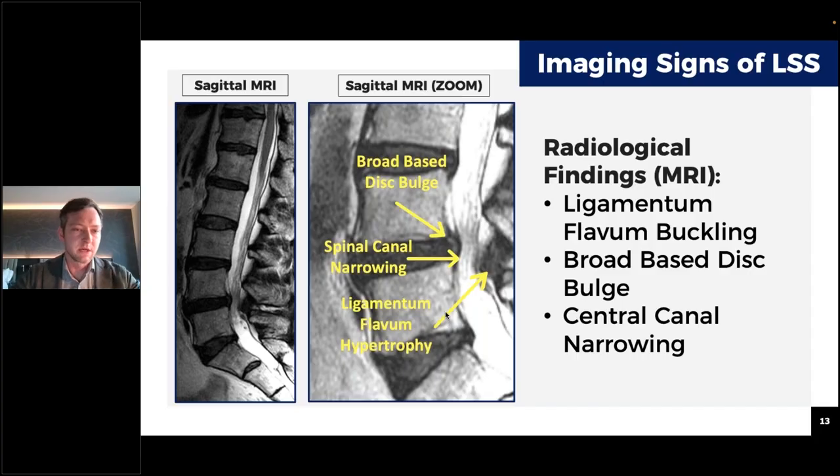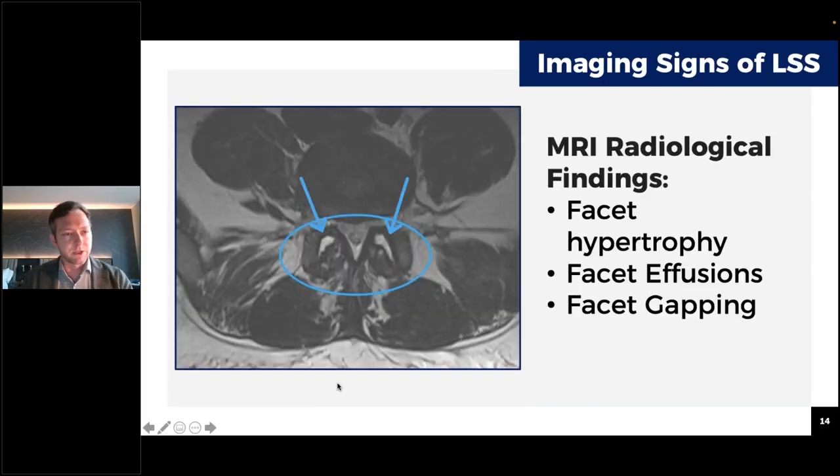When you see something like this, you can clearly see that the canal is narrow. There's a bit of spondy at 4-5, and all the aspects of spondylosis are clearly contributing to it. And you will also see that the nerve roots become compressed, and you can see some redundancy of that as well. And so here's the axial shot.